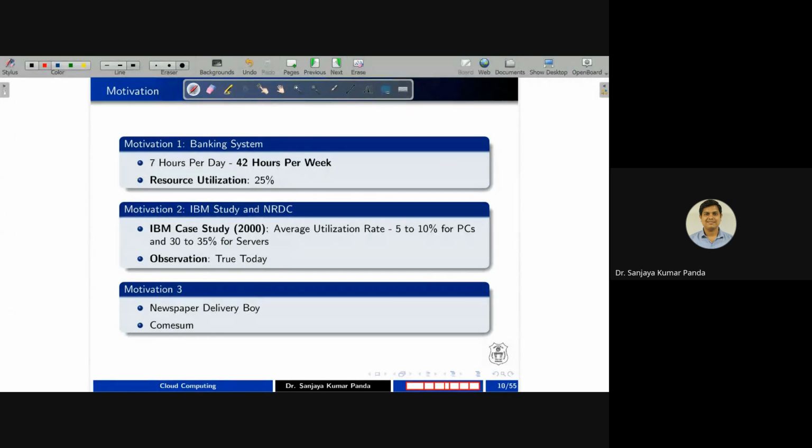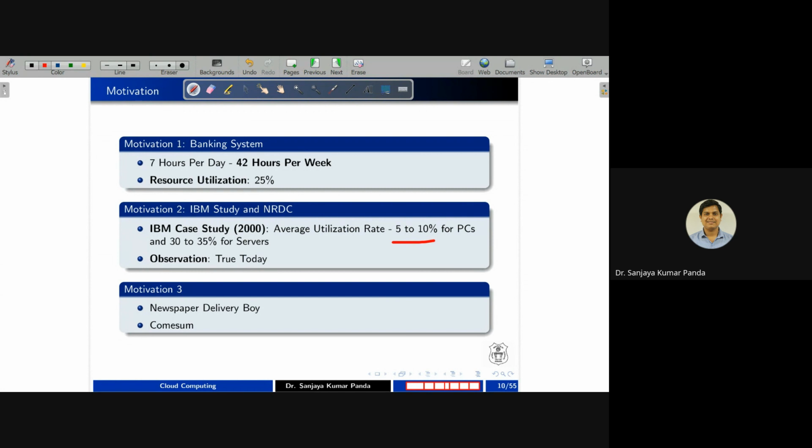Imagine the situation, before COVID, or after the third phase of COVID. We know how we were attending lectures offline. We were taking lectures or attending various programs offline. Very few FDPs were conducted online. So obviously, if you are attending a lecture online, you are utilizing your system. But if you are attending offline, at that time your system is in switch off mode. So if you consider the average utilization rate of all personal computers, it is hardly 5 to 10%.